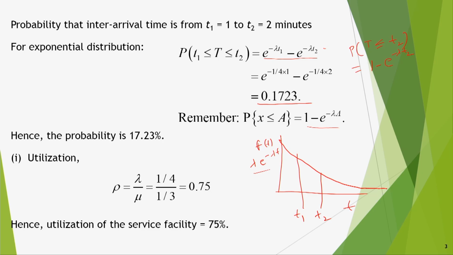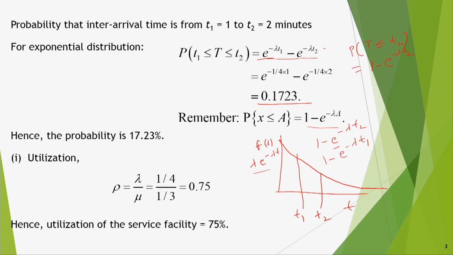So suppose we say time is less than T2, that probability would have been 1 minus e to the power minus lambda T2, and time is less than T1, that probability is 1 minus e to the power minus lambda T1. Therefore, for time between T1 and T2, you can subtract both probabilities. If you subtract this and this, the minus will become plus, this will go here and this will go here. So this is how it comes.